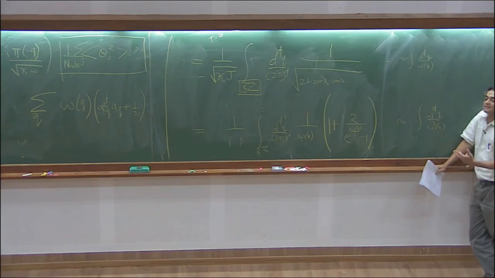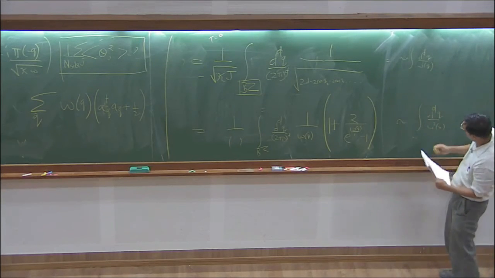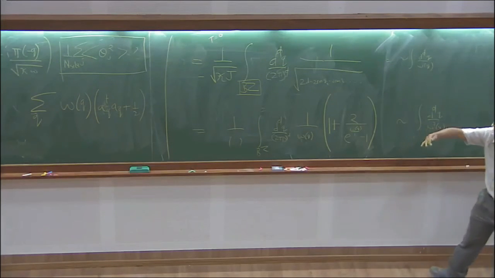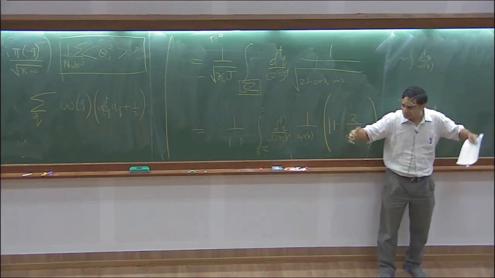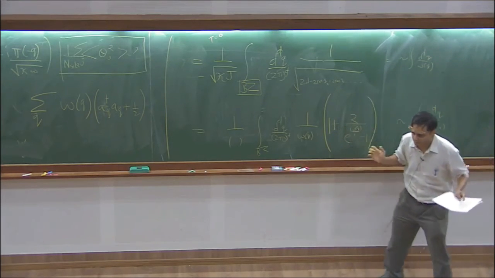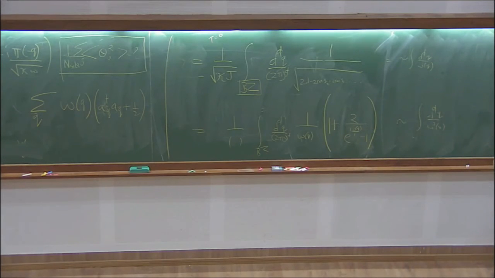So what you need to ask is, what went wrong? What went wrong is the very low momentum modes. That means fluctuations that happen at very large length scales. Low momentum is large length scales. Low wave number is very large length scales, right? So you need to carefully take into account what those fluctuations do. Things that happen at high momentum are not so important. So you need to solve the problem in multiple steps. I need to be really careful about the low momentum modes. Let me not touch them. Let me not make any approximations. But we can be a little bit more relaxed about how we treat the high momentum guys.